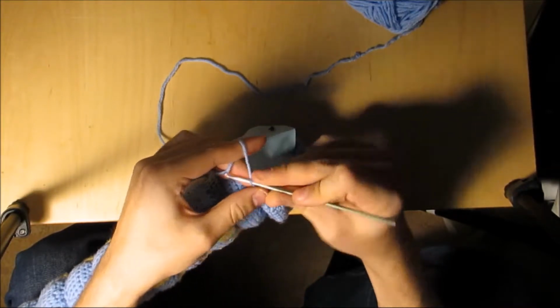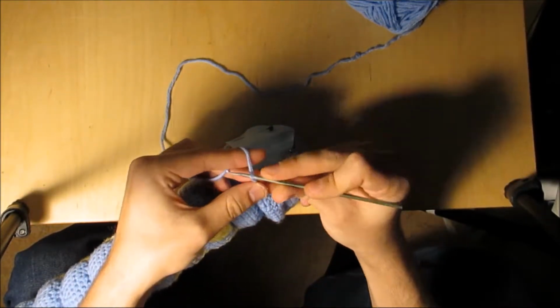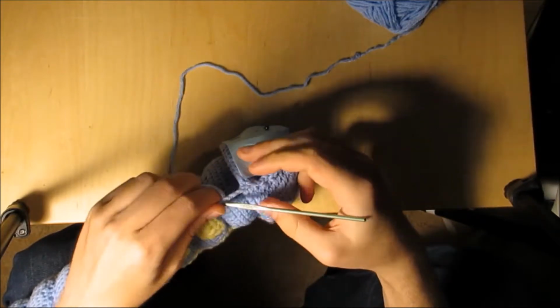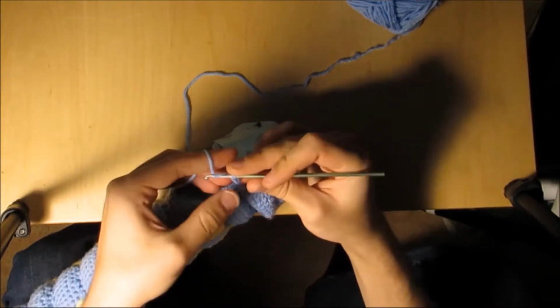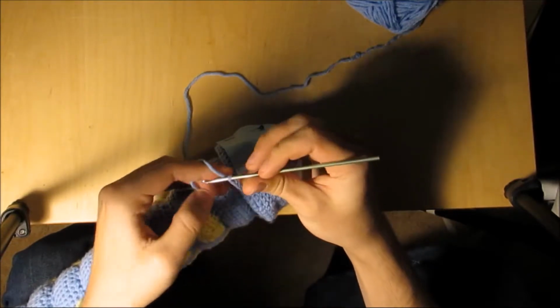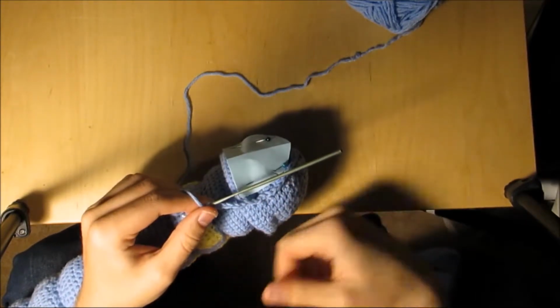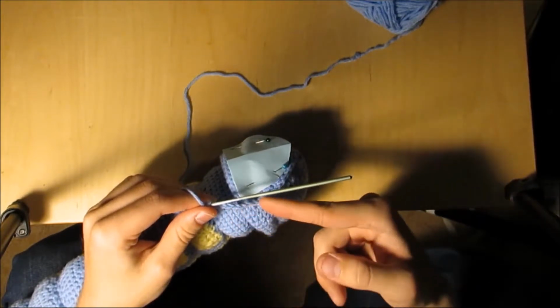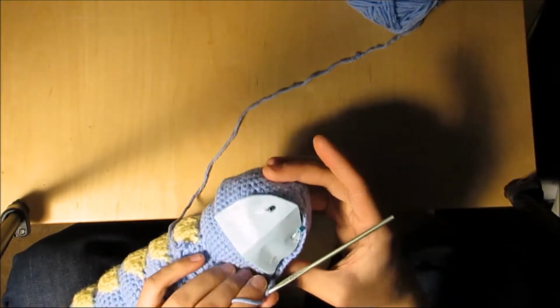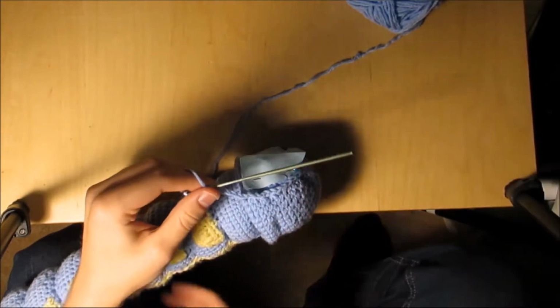chains. So 1, 2, 3. So it's kind of like a chain with 3 up, and then 1, 2 start rotation. So the idea now is kind of gonna do one at a time, and one time then. So this is gonna be that. So you're gonna